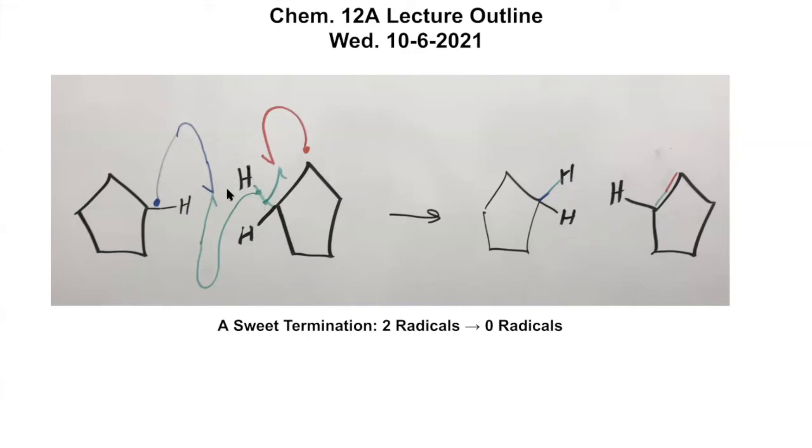So this hydrogen with the green bond becomes bonded to the other cyclopentane. So they've got a blue-green bond here, two electrons. And then the alkene is caused by the green electron in there, and the red there. So there we go. It's a fun one.